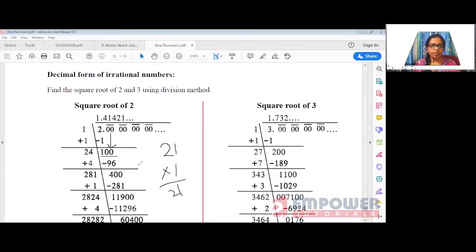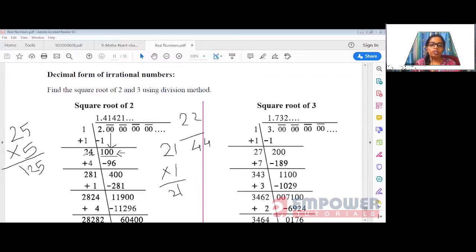21, which is far less than 100, don't you feel? Okay. If I am taking 2 over here, so 22 into 2 will be 44. Again, it is very much smaller than 100. If I am taking 25 into 5, so this will be 125, right? But this is greater than this one. So if I am multiplying 24 into 4, it will be 96, which is less than 100 and nearer to the 100.